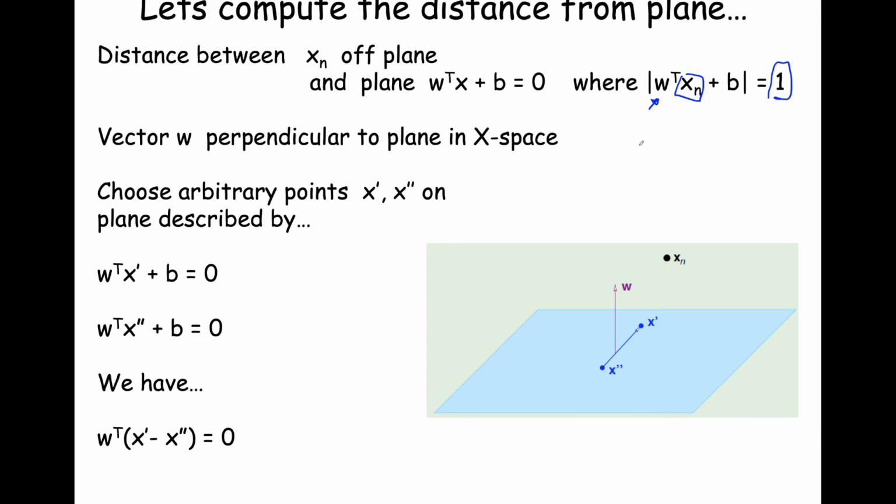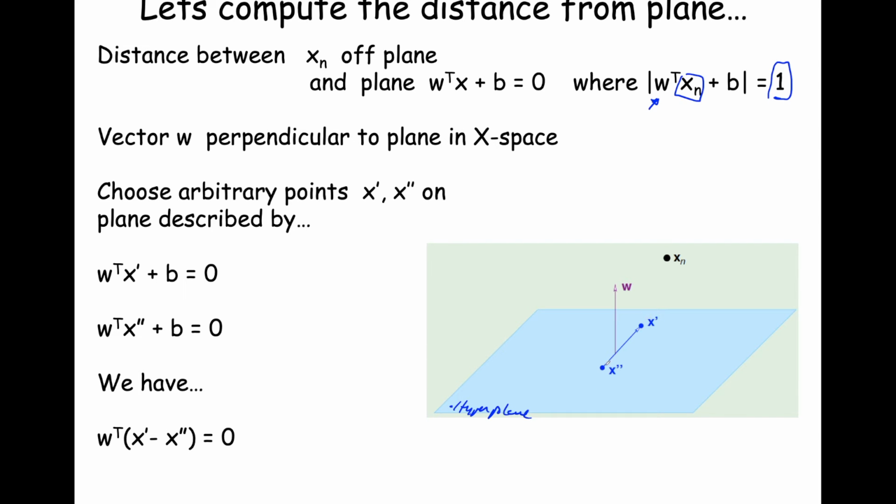It's equal to 1. So let's imagine then we have 2 points, and we're going to make them arbitrary points without restriction. And these points are on the hyperplane. And let's call one of them X prime and the other X double prime. So here's our hyperplane. Okay, that's the hyperplane. And we have our X prime here. We have our X double prime. Now, we didn't set any restrictions on them, but we know